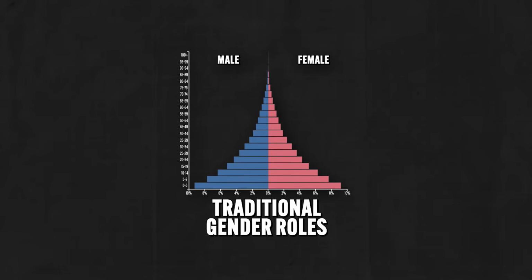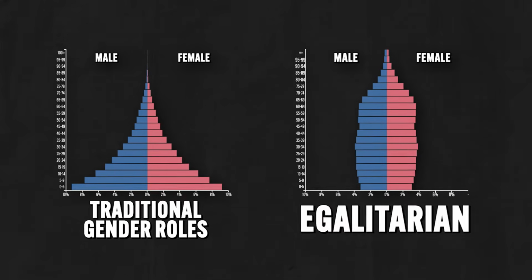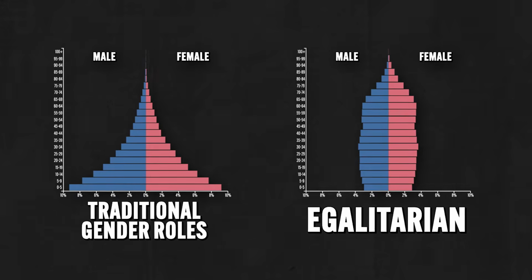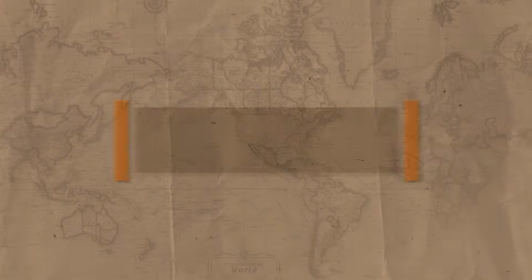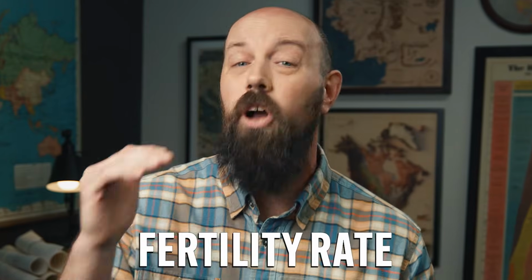Alright, so what does any of that have to do with population and demographics? Well, it's a well-studied phenomenon that in places dominated by traditional gender roles, women tend to have more babies. But in places that hold more egalitarian ideas, the elevation of women's status leads to a decrease in fertility rates. And there are essentially three ways that women's status can be elevated, and when these are present, the fertility rate will almost always be affected.